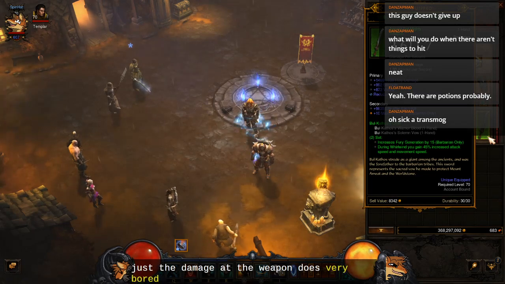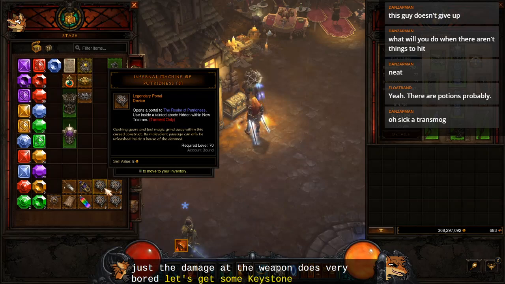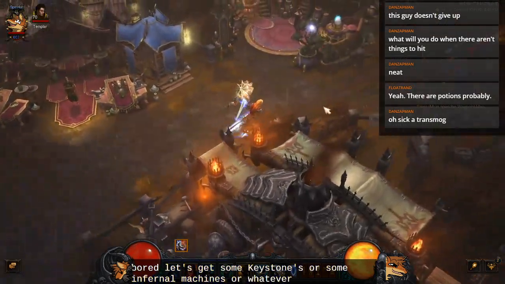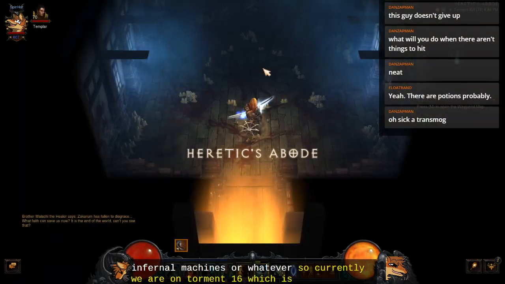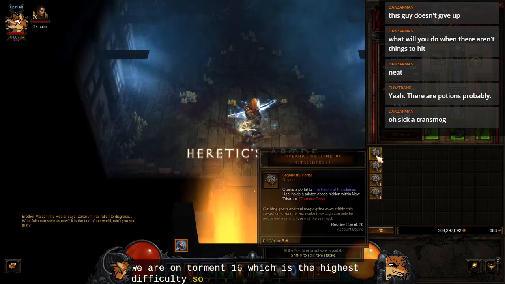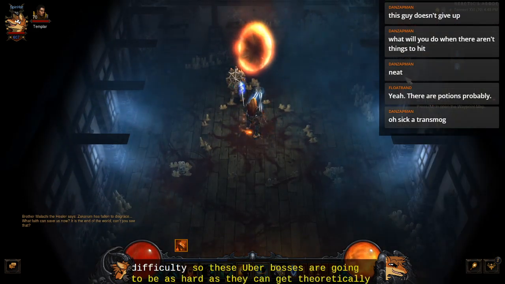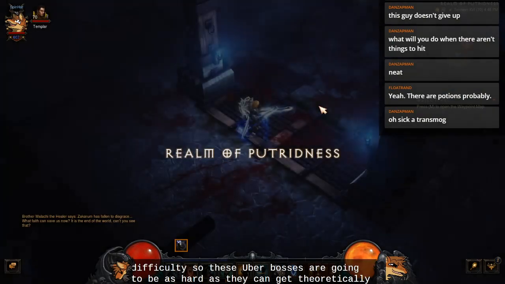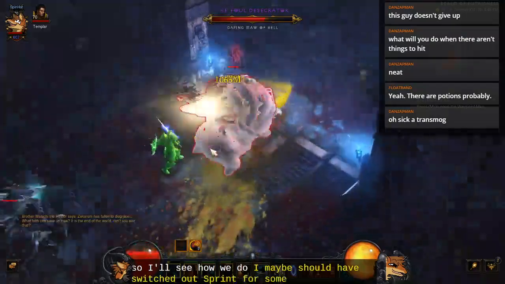Very important. Okay. Let's get some keystones, or some infernal machines, or whatever. So, currently we are on Torment 16, which is the highest difficulty. So, these Uber bosses are going to be as hard as they can get, theoretically. So let's see how we do. I maybe should have switched out Sprint for something more useful, but...